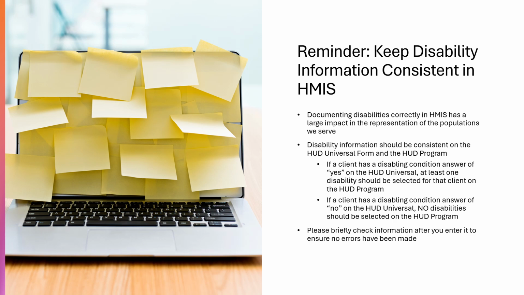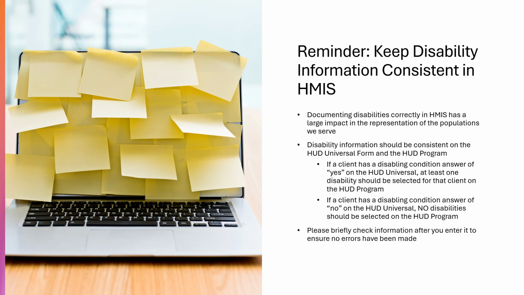And again, disability information should be consistent in the HUD Universal form and the HUD program. If a client has a disabling condition, with an answer of yes on the HUD Universal, at least one of the disabilities should be selected for that client on the HUD program, and vice versa. If a client has a disabling condition answer of no on the HUD Universal, there should be no disabilities selected